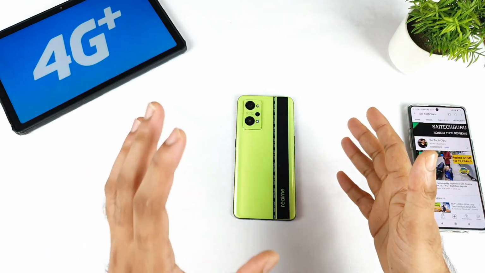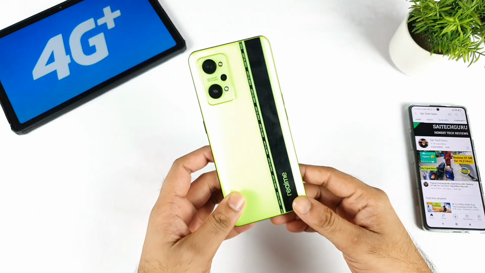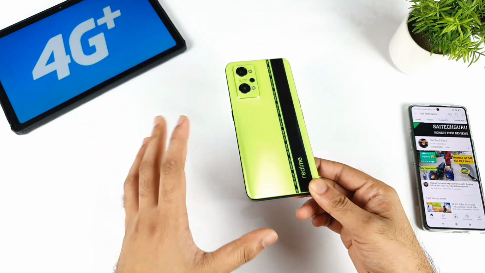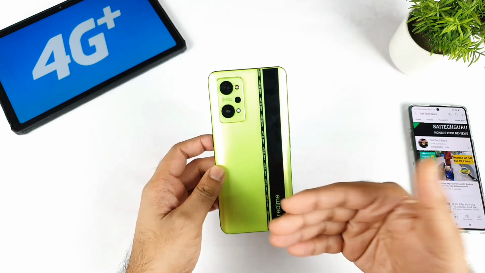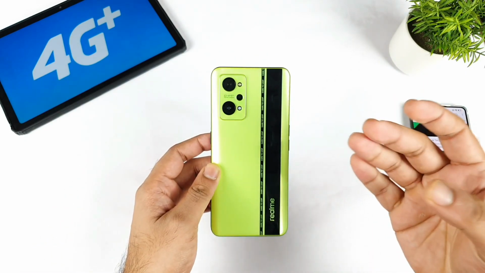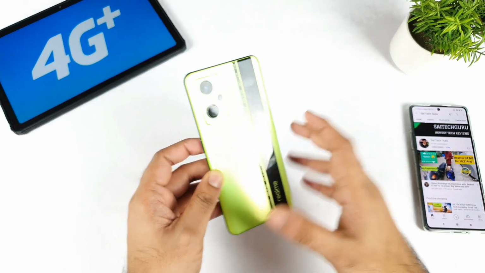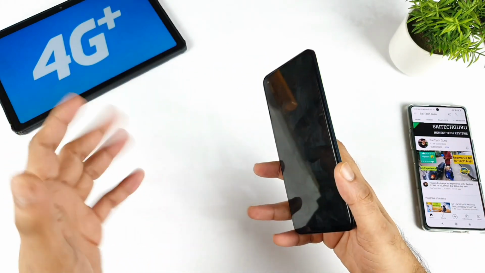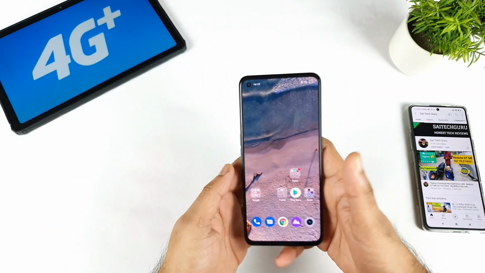In this video we are going to do the carrier aggregation test on the Realme GT Neo 2 device. Let's see whether the phone actually supports any kind of carrier aggregation or not, and if it does, whether we can get 1CC, 2CC, 3CC and 4CC or not. This is a question requested by a few of my subscribers, asking me to make a video on this topic. So let's get started without wasting any time.